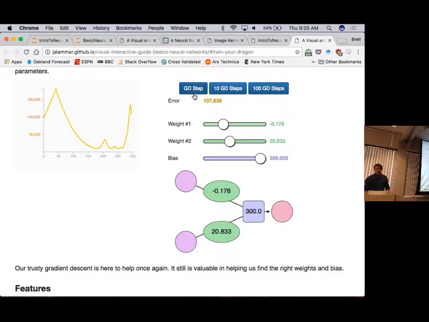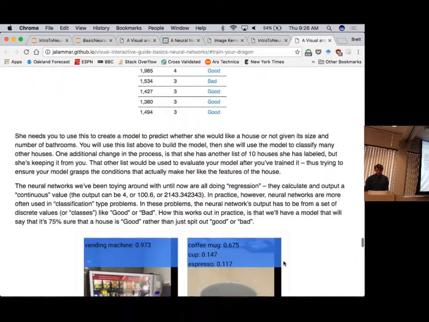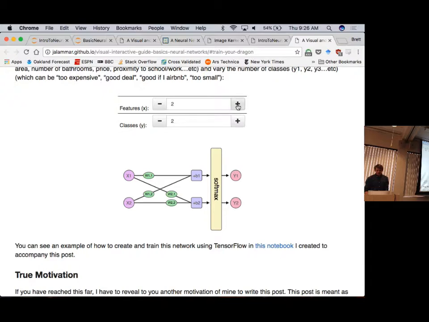But for now, I'll just say that what this means is they're using calculus to figure out a good choice of update for these weights. So it's automatically changing the weights in a way that decreases the error by a little bit. And if you do it a whole bunch of times, then your error is going to start decreasing to something smaller. And that's basically the gist of how you optimize your neural network, but it's a much more complicated version of that.